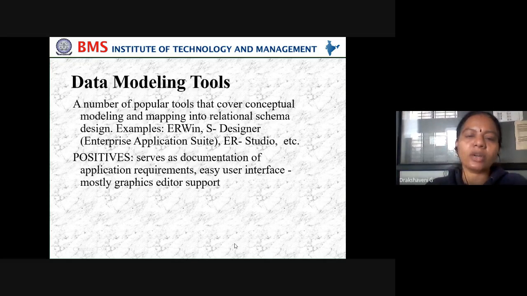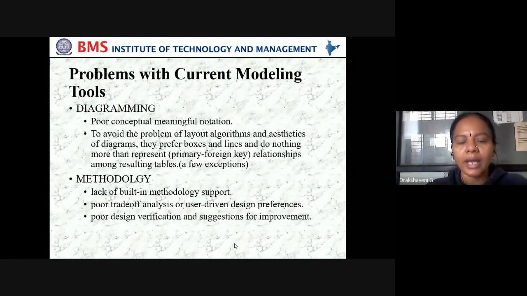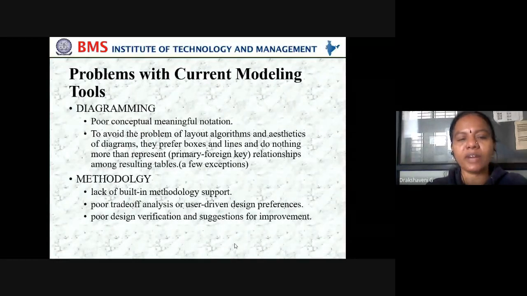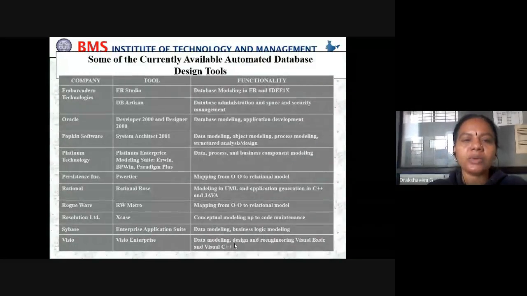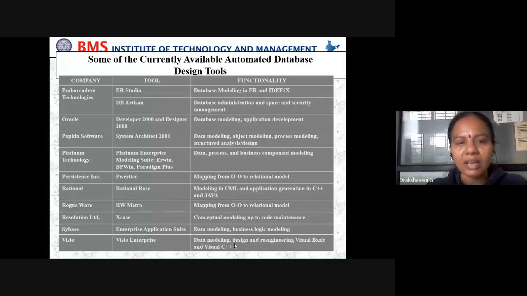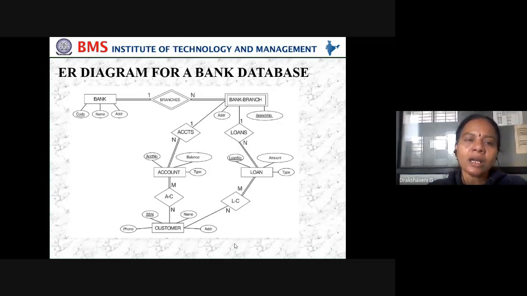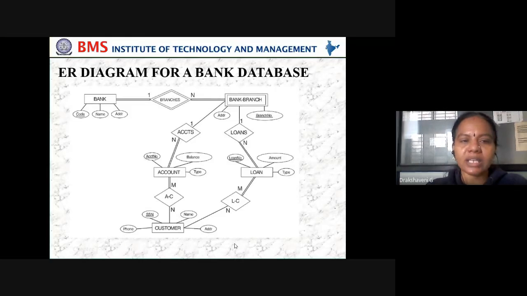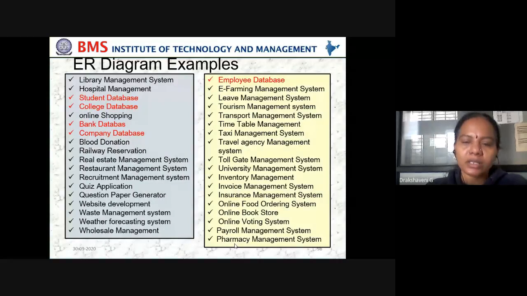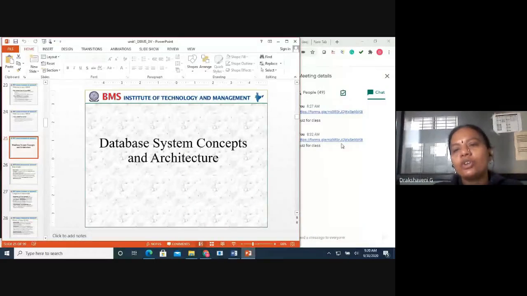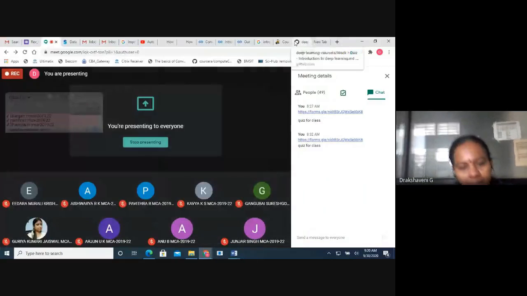So what is the data modeling concept? How do we represent a diagram? We use different models and different diagrams to represent it. Here you can see some companies manufacture different tools, and each tool is used for a different functionality. This is a summary of which company manufactured which tool and what its functionality is. And lastly, how the bank database works, the same way you draw diagrams. I gave you all these for your assignment, and I hope you have completed it. So this is the completion of revision for your first unit.